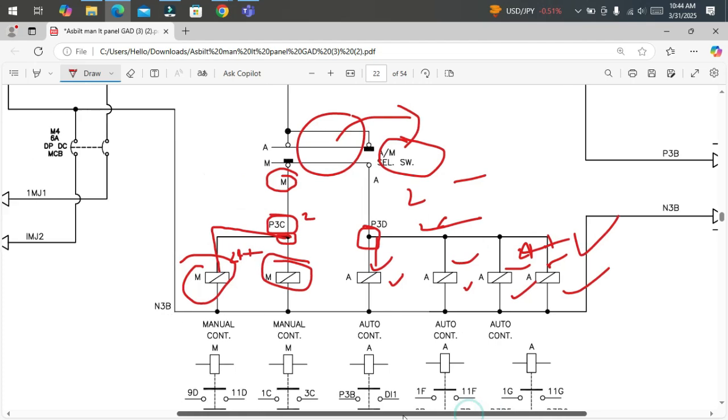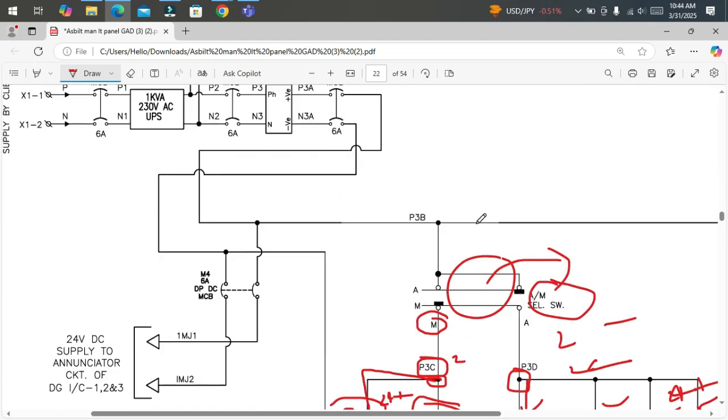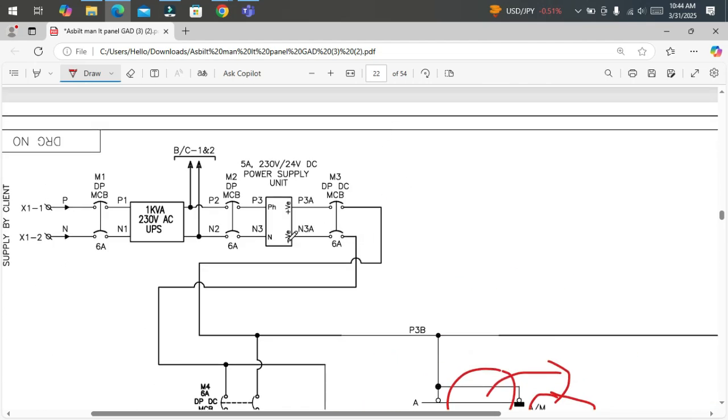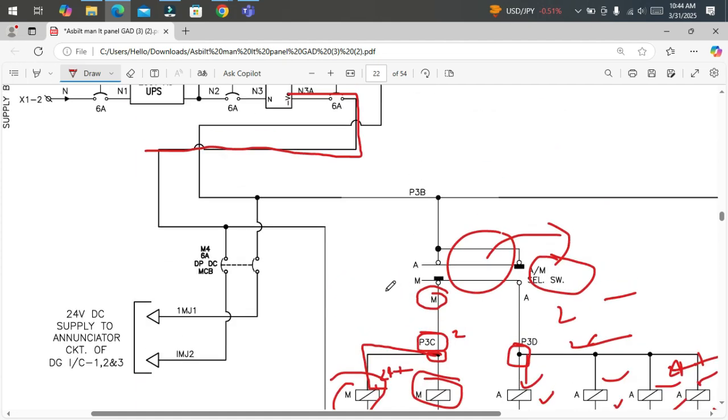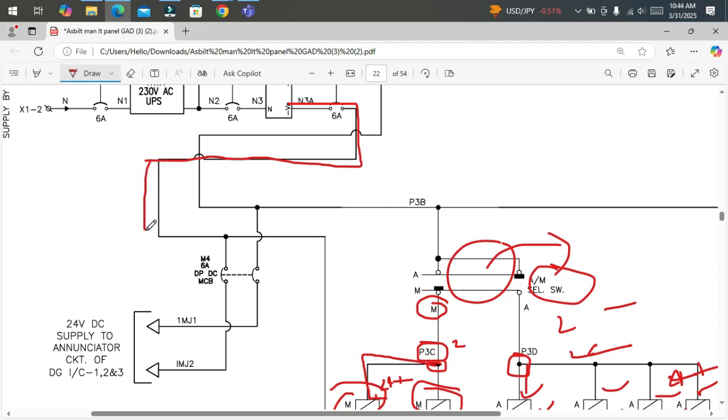Now coming to this is the positive 24 volt, means positive supply. Now this negative supply, let's trace this, because when we want to activate the contactor which is 24 volt DC supply, that means plus is getting at one terminal, then to operate this we'll have to provide the negative terminal as well to operate the contactor coil. That's why this negative